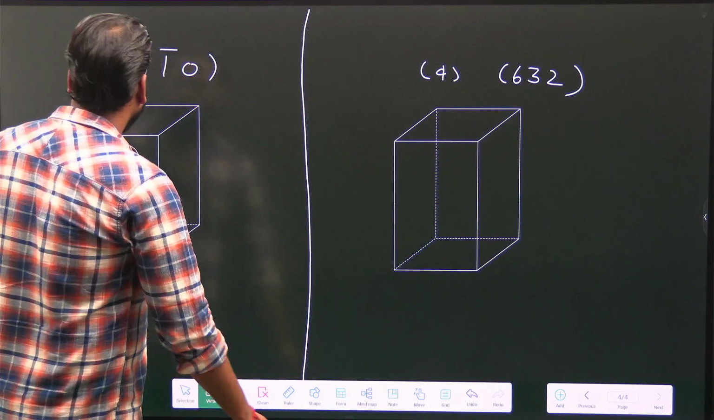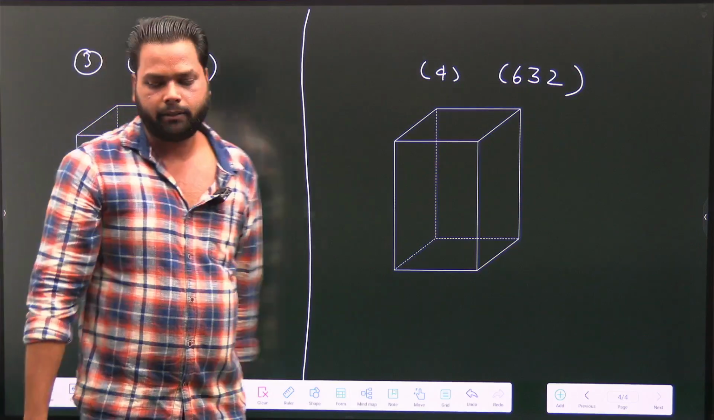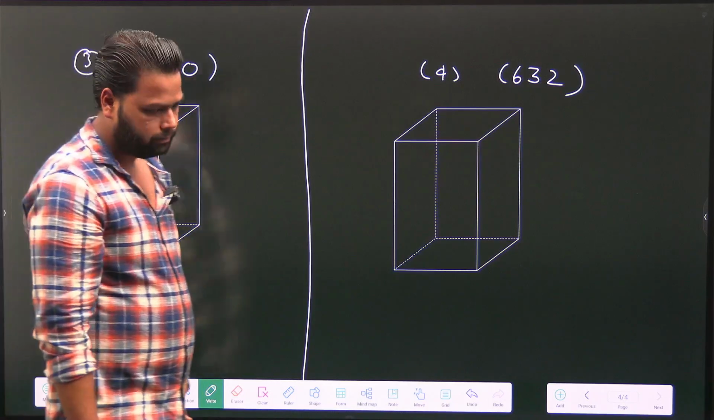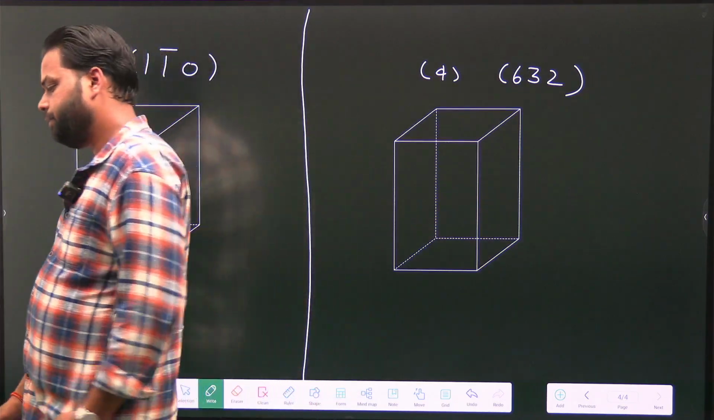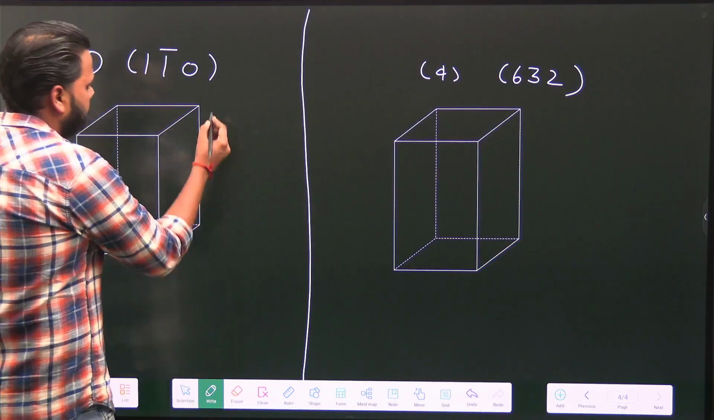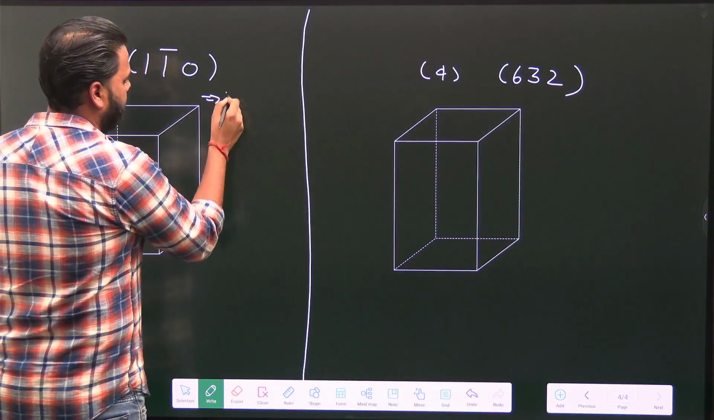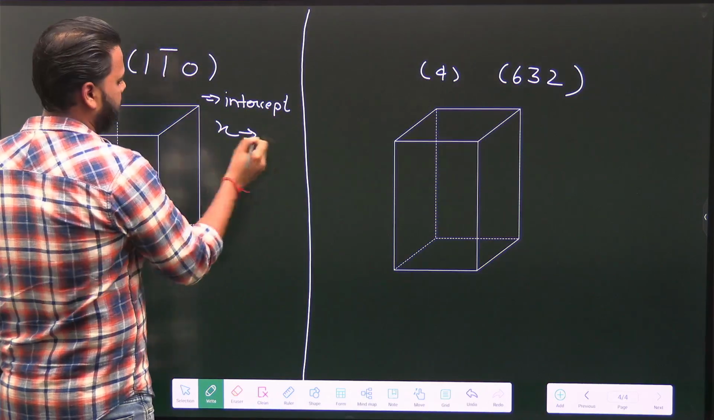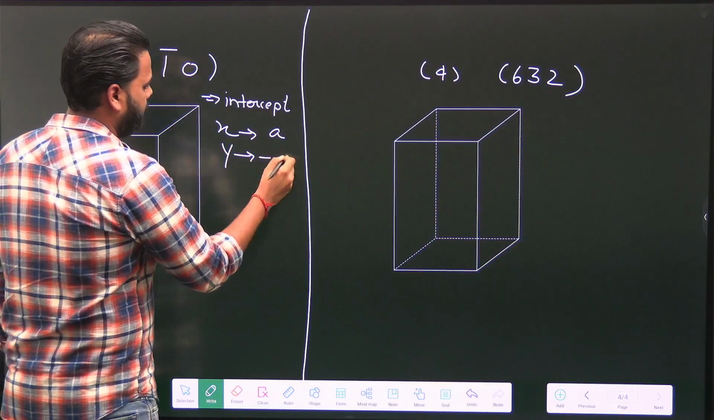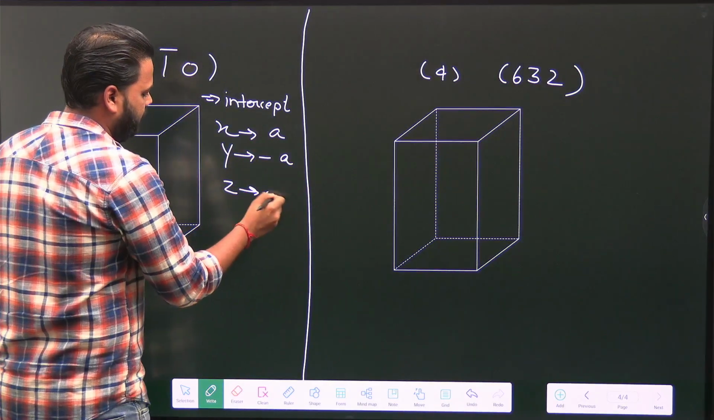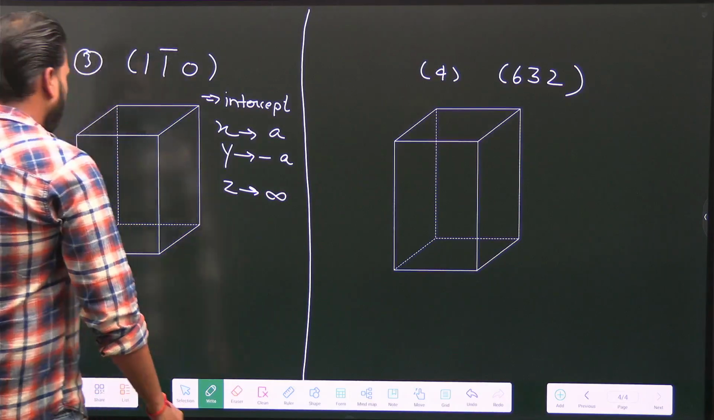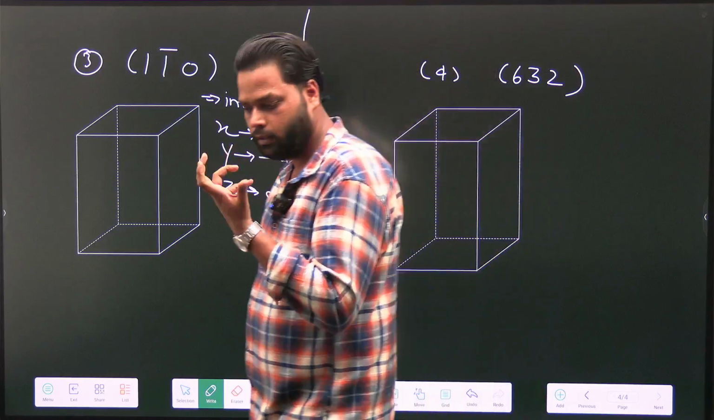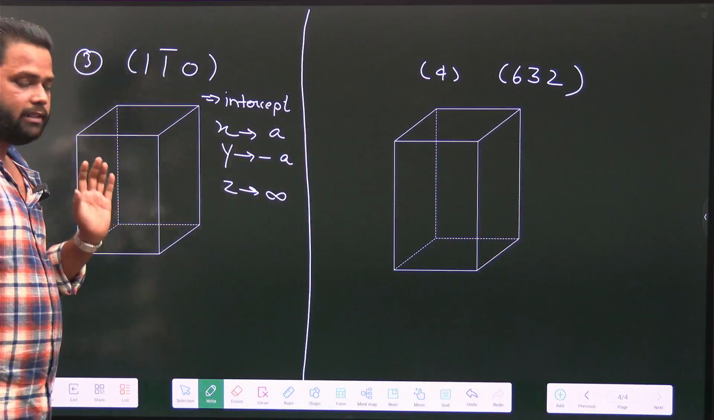First of all, tell me, what will be the intercepts? A, minus A. Okay, so along the x-axis it will obviously be A, along y it will be minus A, and along z it will be infinite. Okay. But अब यहाँ पर आपको ओरिजिन कैसे लेना है, yes it will be shifted because